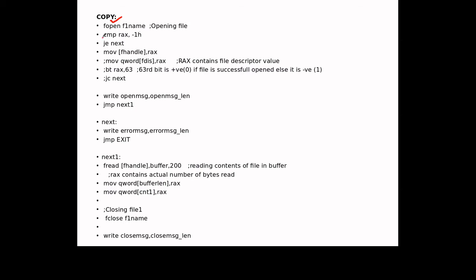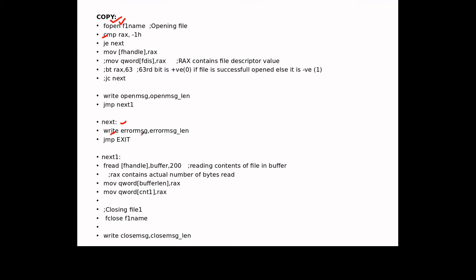So you can compare here after executing the open file command. Compare RAX with -1. If it is equal to -1 means what? There is an error in opening. So if it is equal, go to the next label. The next label contains write, which is my macro, and the error message.